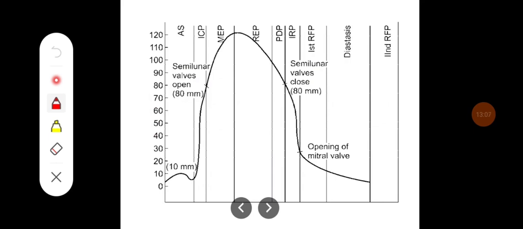So these are the left ventricular pressure changes. During atrial systole, it reaches 10 mm Hg, and at rapid ejection phase, it is going to reach a maximum of up to 120 mm Hg. Then during diastole, it is going to gradually